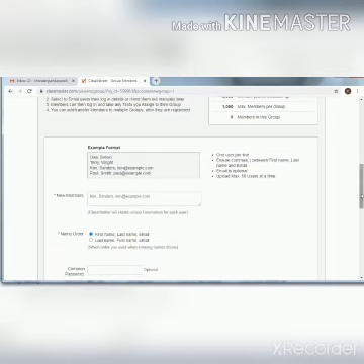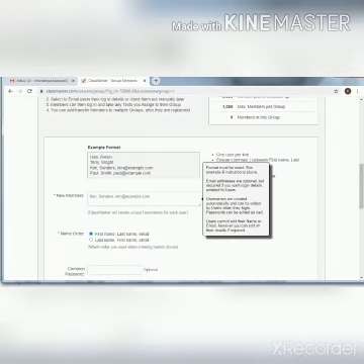Let me give an example. Suppose I have to add the student Arpita Sadangi of class 9. That means the first name is Arpita, the last name is Sadangi. So how will this be written? A-R-P-I-T-A, Arpita first name, comma, S-A-D-A-N-G-I, Sadangi. No email ID is required. The email ID is not mandatory here.